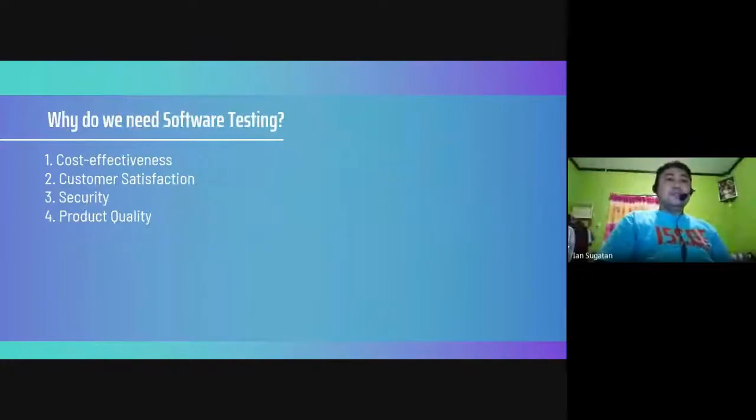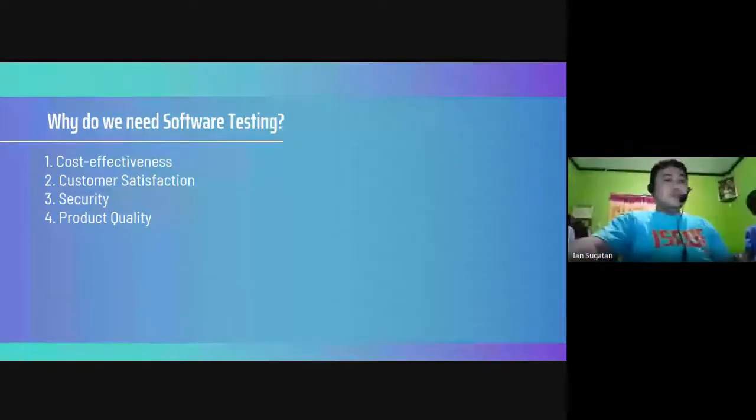So why do we need software testing? We have 4 reasons for that. Number one is cost effectiveness, number two is customer satisfaction, number three is security, and number four is product quality. So let's dive more into software testing. As for the cost effectiveness, the first one,